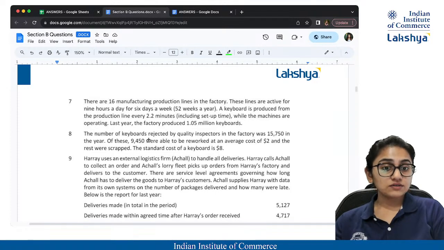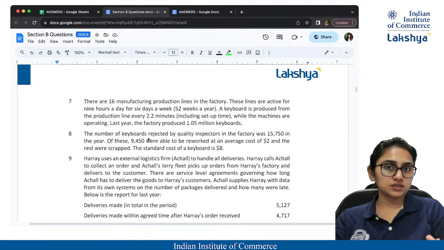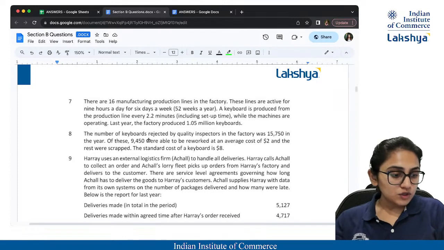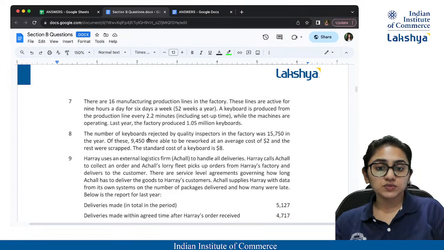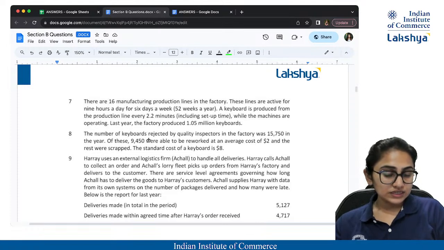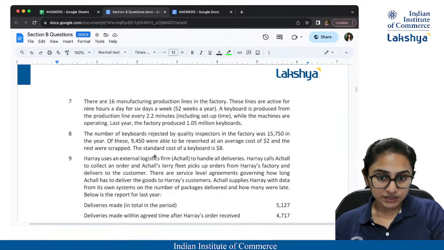Of these 15,750 rejections, 9,450 were reworked, again at an average cost of 2, and the rest was scrapped. So 15,750 minus 9,450 were reworked, 6,300 was scrapped. The standard cost of the keyboard is 8, and